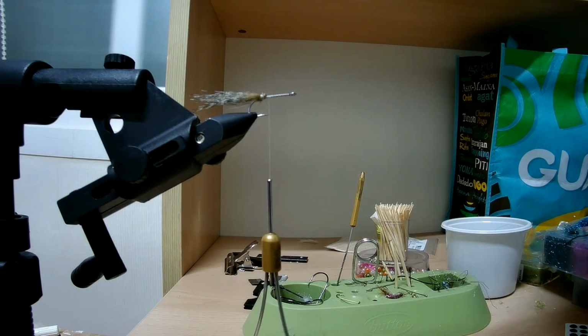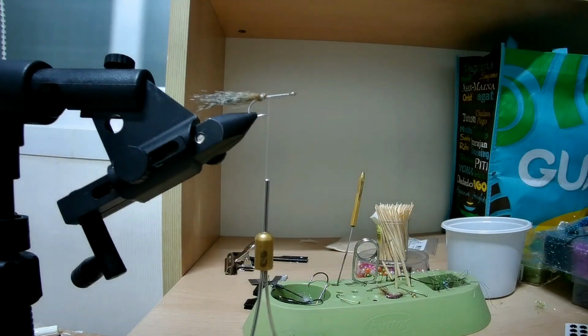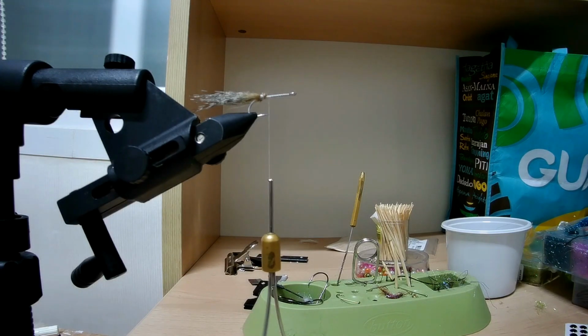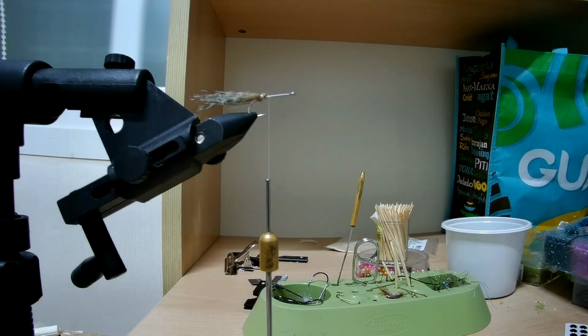So this is the hair we're dealing with. I think this is actually bleached elk hair. Could be wrong. Oh, I have a package actually. Yeah, elk. Select cow elk. So we take a pretty good clump, like so. And for this, the first clump,